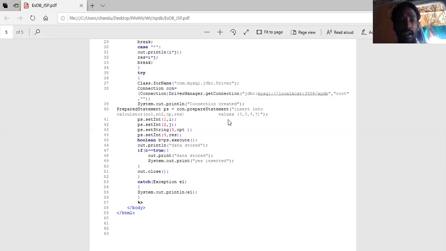You need to create the tables and database accordingly. After creating the tables and database, the steps to write the program are: import the required packages, create the driver, create the connection object, create the prepared statement object, fill the values with required data, and execute the query.